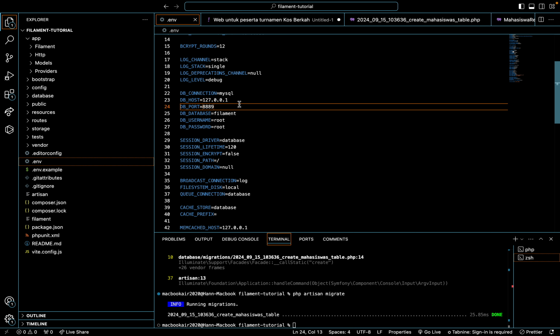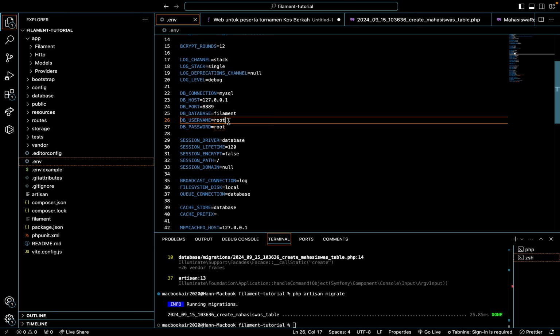The DB port before was 8000, and the DB username and password are not like before.